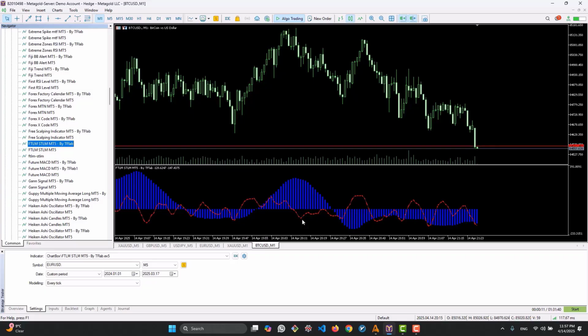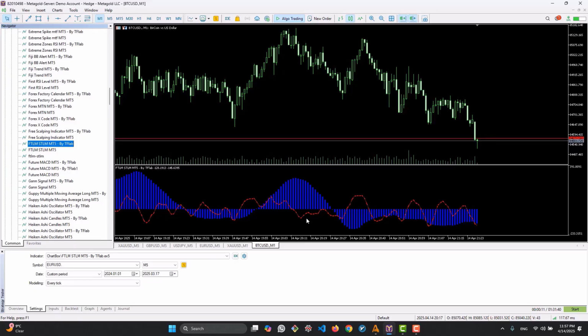One is this red line, which is the FTLM, standing for Fast Trend Line Momentum, indicating the momentum of the fast trend line, or with a shorter period. And the blue histograms, which are the STLM, standing for slow trend